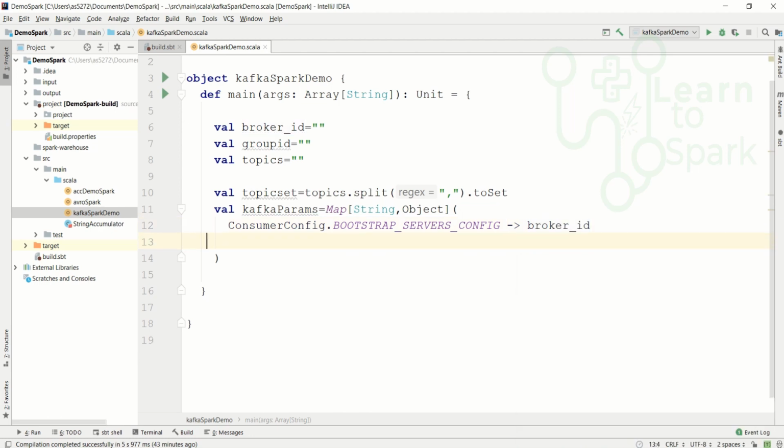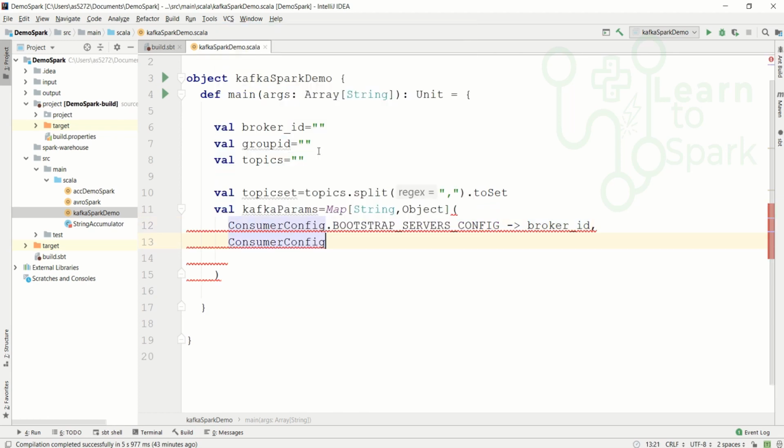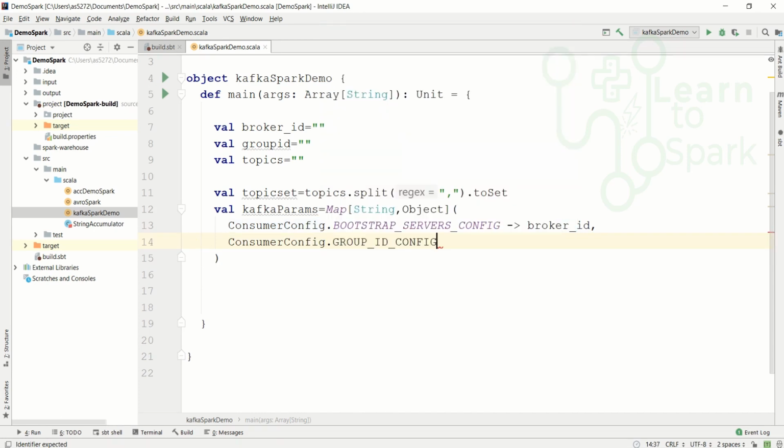And the second option will be ConsumerConfig dot GROUP_ID_CONFIG, and we have already defined a group ID.